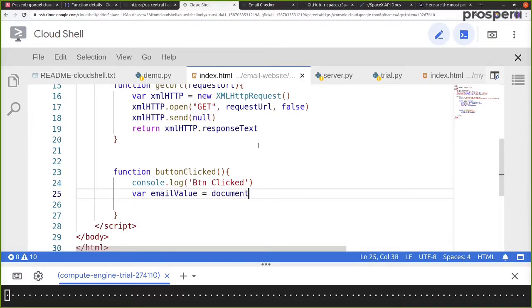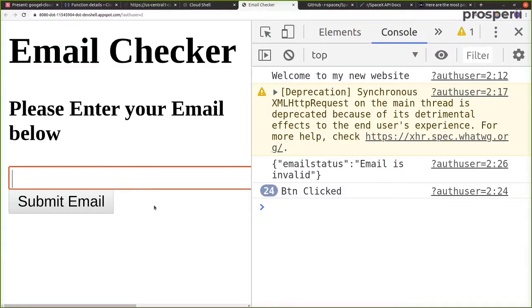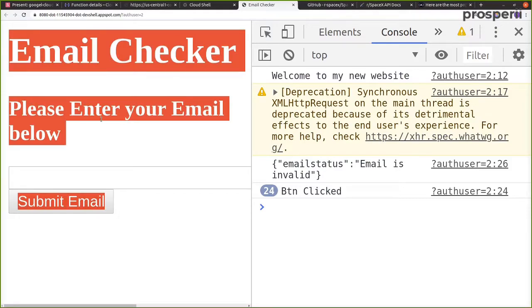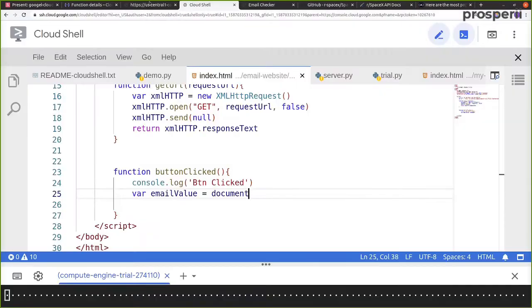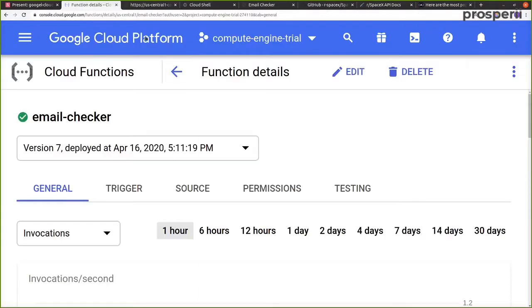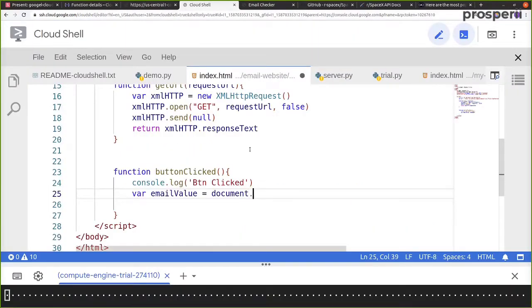So essentially any new HTML tag or any HTML website is always present inside a variable called document. Okay, so over here we have document dot. Now we want to get a particular text area element. So over here we have document dot getElementById.